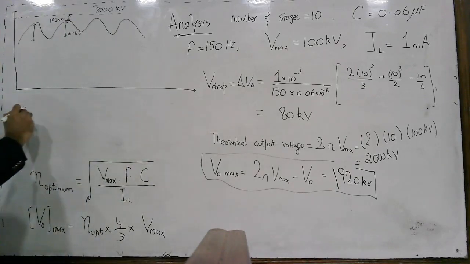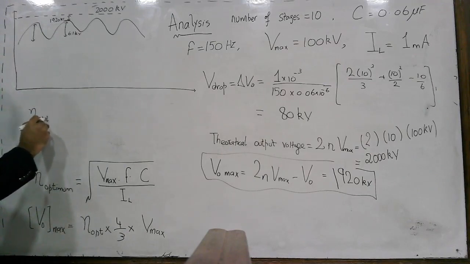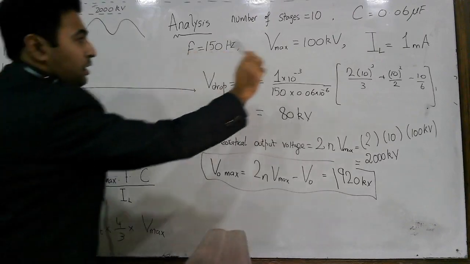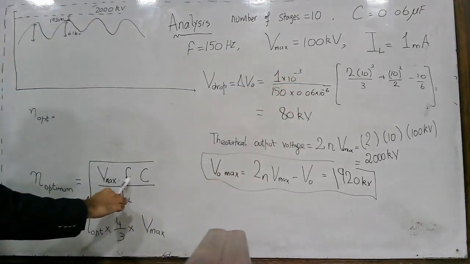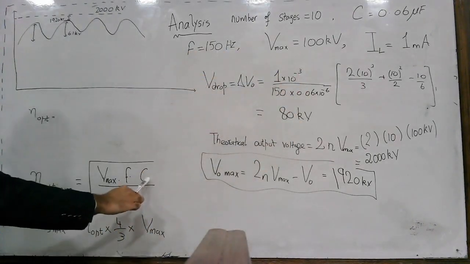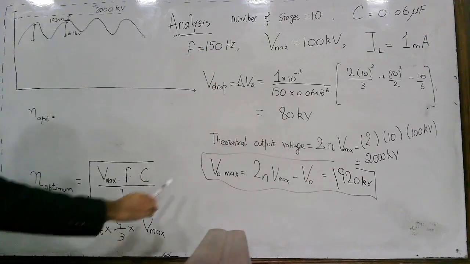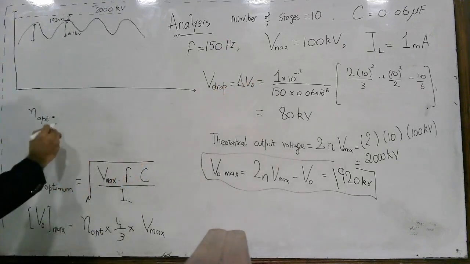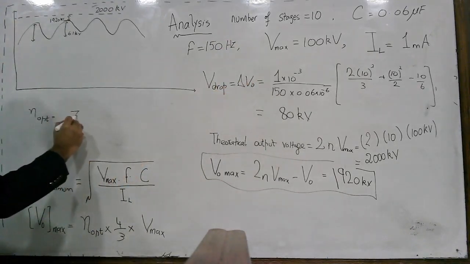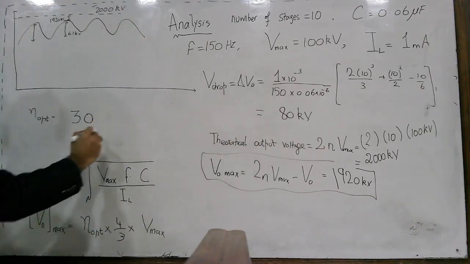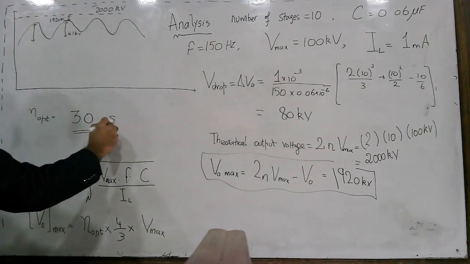You know N optimum, sorry, you know everything. You know V maximum is 100 kilovolt, frequency is 150 hertz, capacitance is 0.06 microfarad, and IL is 1 milliampere. So N optimum comes out to be 30. It means for this scenario you can go for 30 stages